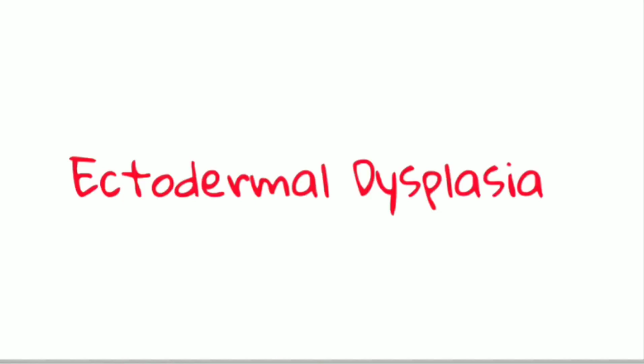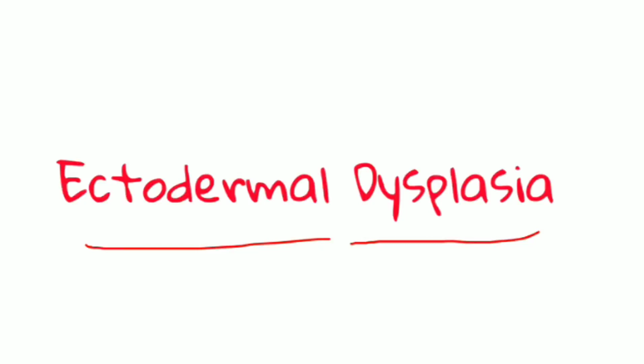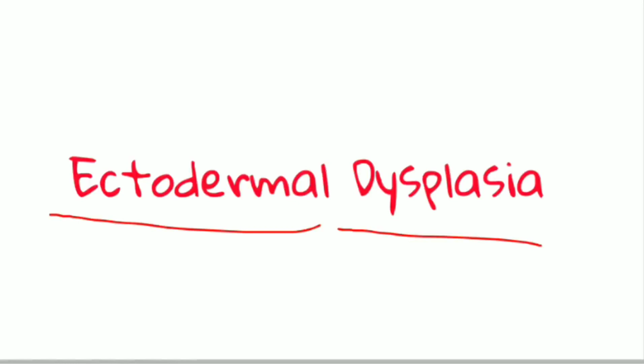Hello everyone. Today we are going to learn about ectodermal dysplasia. As the name indicates, ectodermal means derived from ectoderm, and dysplasia means dysplastic features will be seen, which will lead to hypoplasia or aplasia of certain organs which are ectodermal in origin. So in ectodermal dysplasia, the parts which are derived from ectodermal origin undergo dysplastic changes. Now let us see what it is in detail.